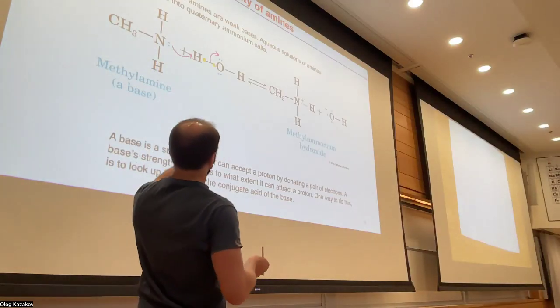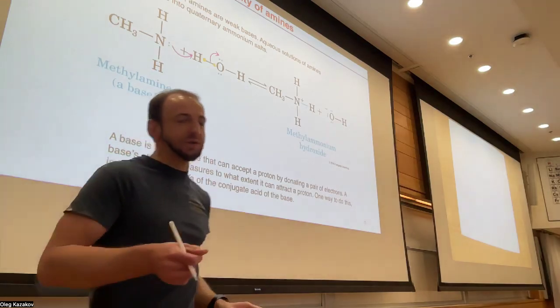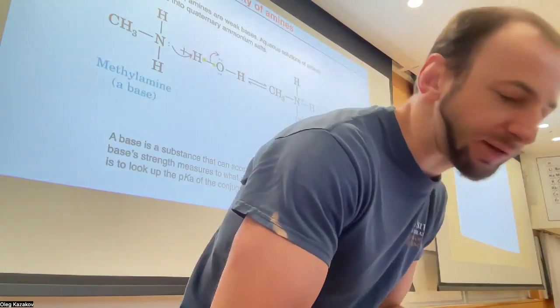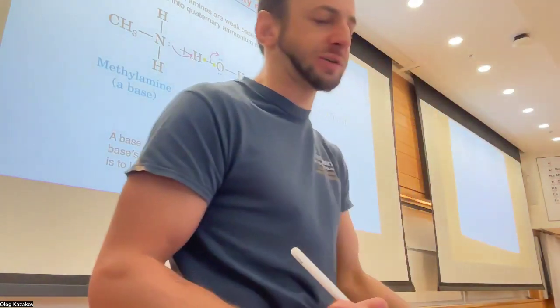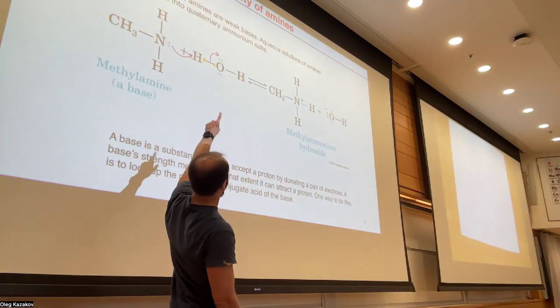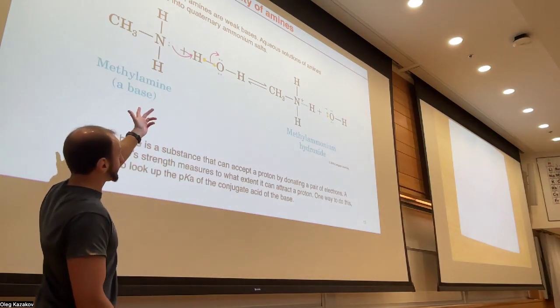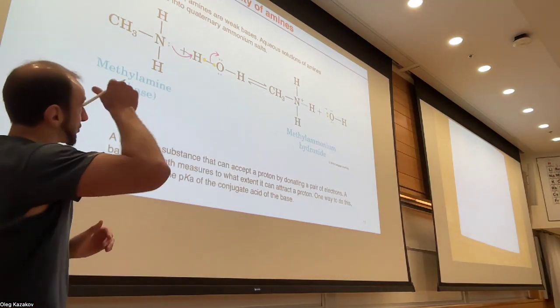So here you are going to give the extra yellow electron to oxygen. That's what the curved arrow shows. And now you are going to technically have both of those yellow electrons here. These are yellow electrons. So now you can see that the oxygen atom gets an extra electron.